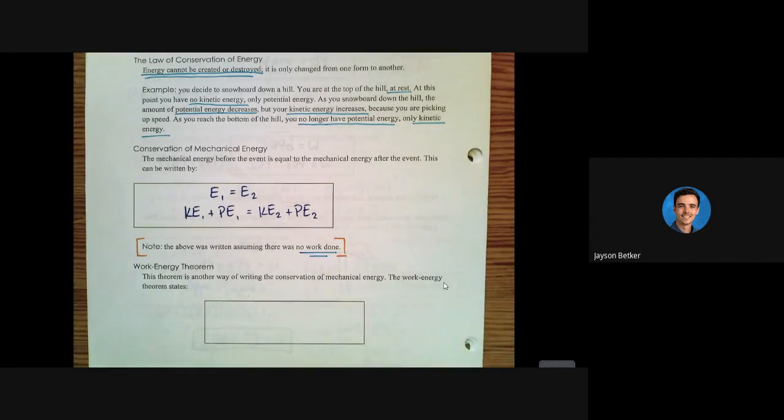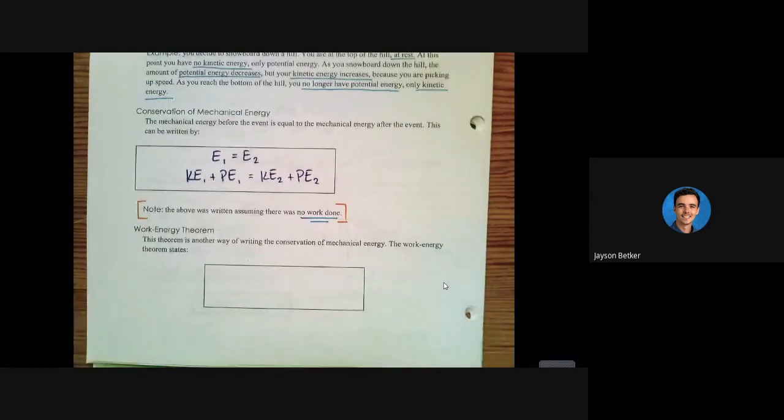And I will get back to that. I will explain what I mean by that. First, I have to introduce you to something called the work-energy theorem. What the work-energy theorem is, it's just another way of writing the conservation of mechanical energy and that formula